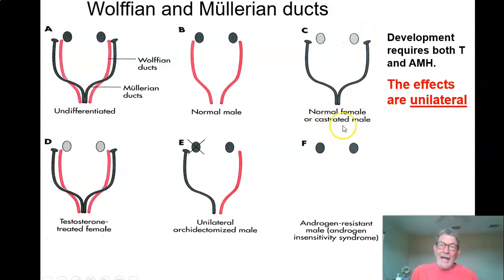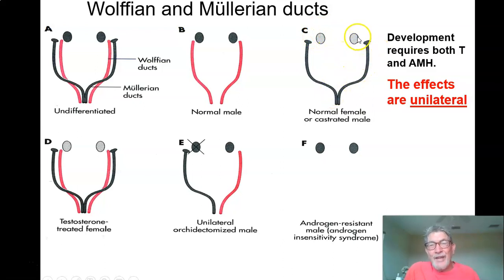Now, if you have a castrated embryo male, if you do it in a lab on a rat or something, or if by some accident of nature, you don't have testes, and even though you're a male, if you have a Y but you don't make the testes, then you'll wind up apparently a female. These primordial gonads won't develop into testes, and the female stuff stays there because you're not making anti-Mullerian hormone. They're a castrated male, so you don't have the testes to make the female stuff go away.